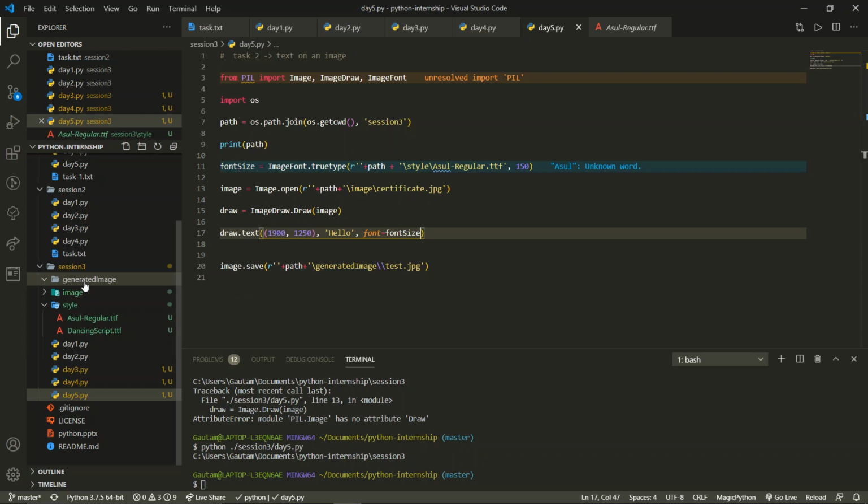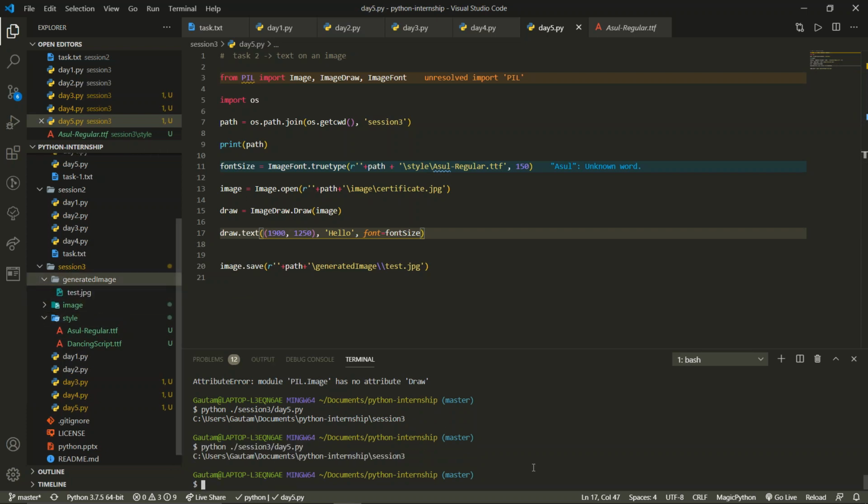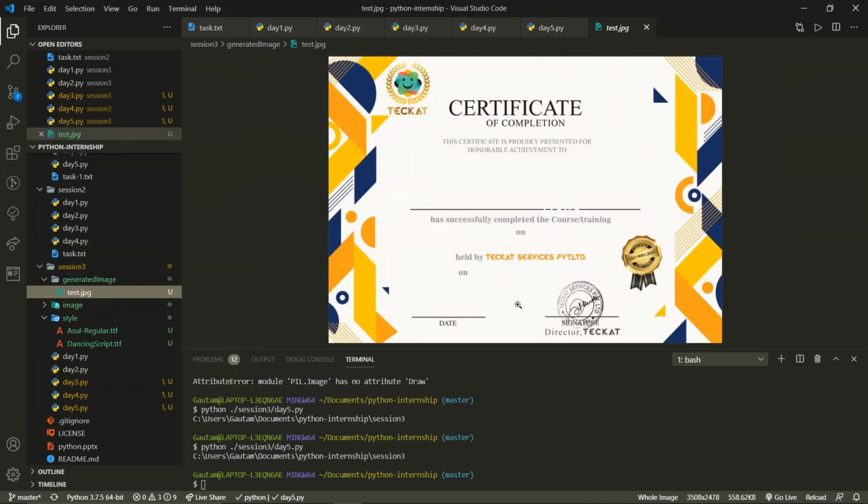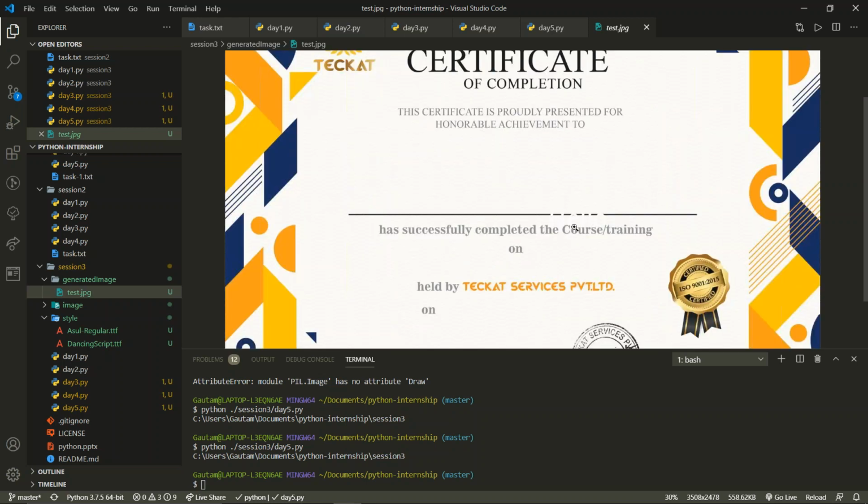So let us see. We have deleted the previously generated image, and now the new image will be generated. So let's see, it's done, generation is done. And you can see guys, previously why we were not able to see the data, you can clearly see over here that we have the data. See, over here we have the hello. I believe if you're not able to see, maybe you can see the crossed bars in this line. We wouldn't have been able to catch this issue if we had not taken this line into consideration.